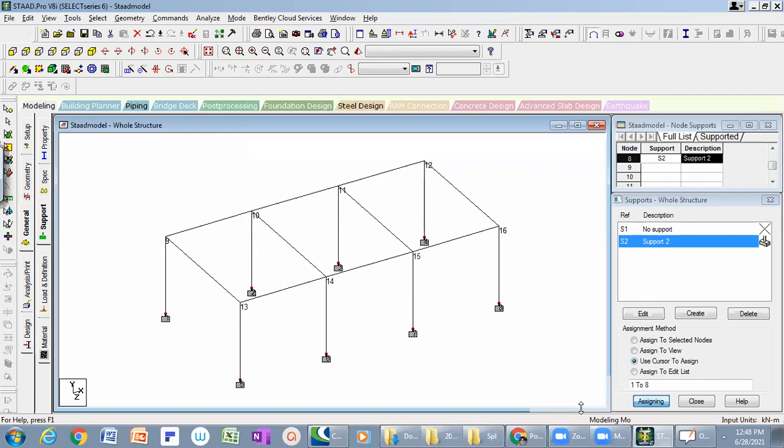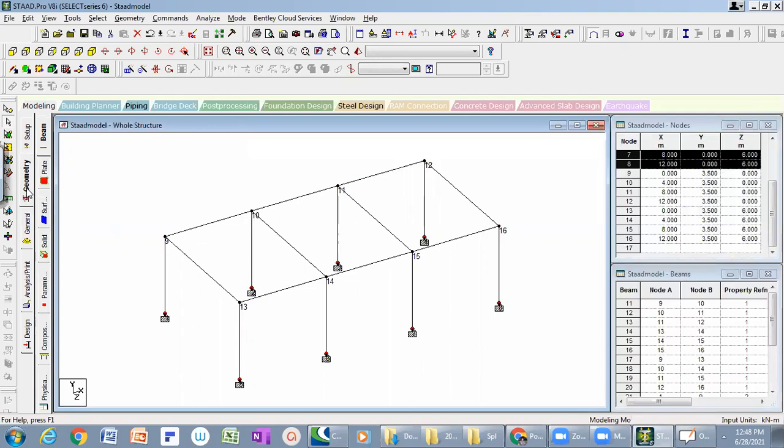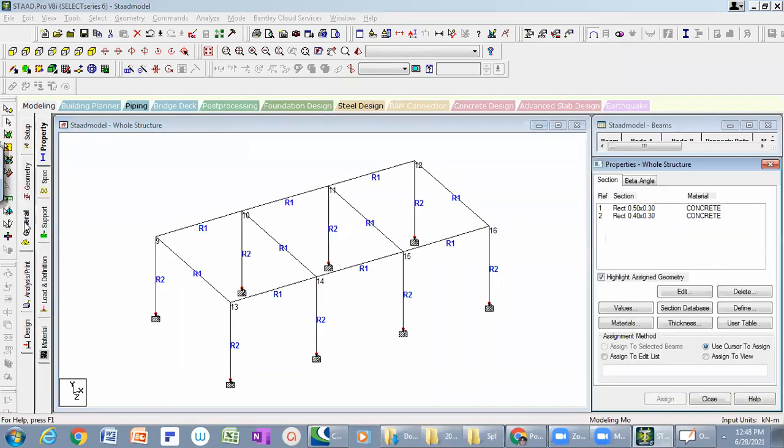Shabib, you need the support portion, right? I have to explain it once more. I hope you have understood up to geometry. Right. So next one was general. For general, we assigned the member properties. Member properties in general, if you look into the vertical tabs,